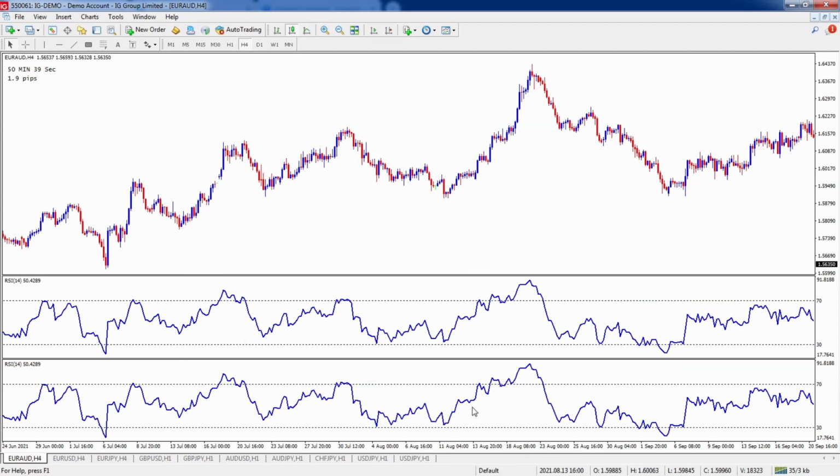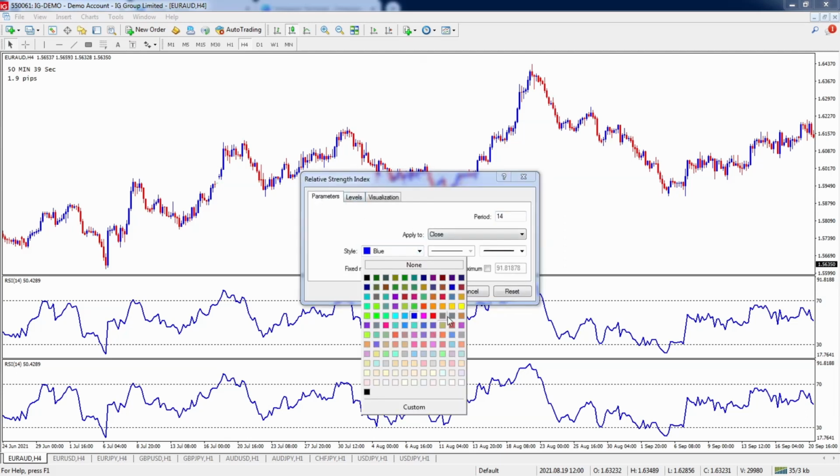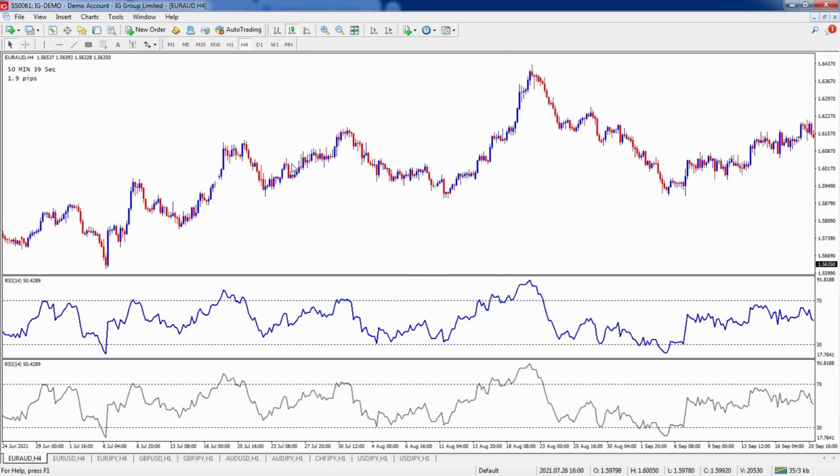So now we're going to adjust the bottom one. We're going to smooth it out, and we're going to add a signal line. So the first thing that I'm going to do is change the color of this one a little bit. I don't want the moving averages to blend into the RSI. So I'm going to click the RSI under the parameters tab, blue. I'm going to turn it to a gray color, and we'll go with that. So the next thing I'm going to do is add a moving average to the RSI. And the only way we can do that is through the navigator window. There's several different ways to add an indicator to a chart, but the only one that's going to work for adding an indicator to another indicator is through the navigator window.